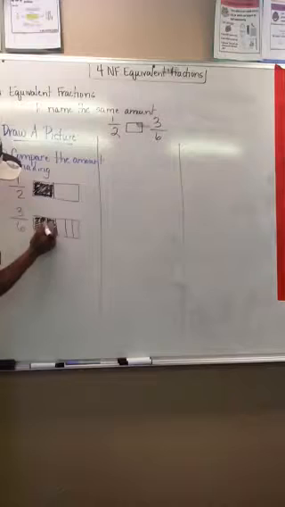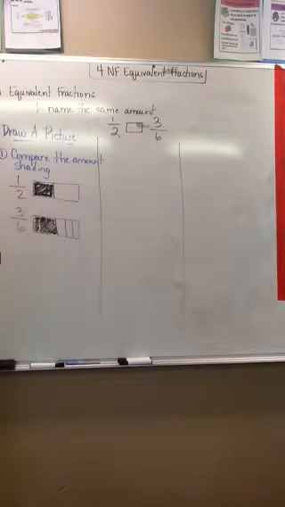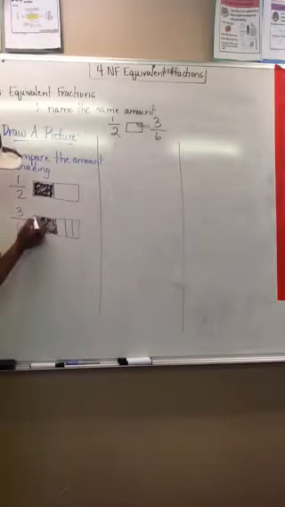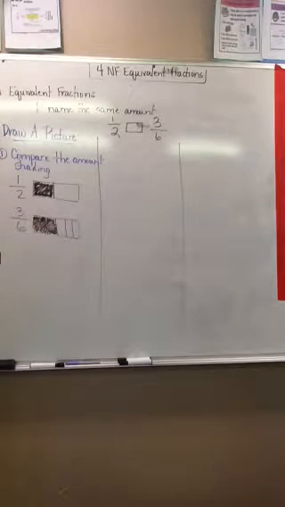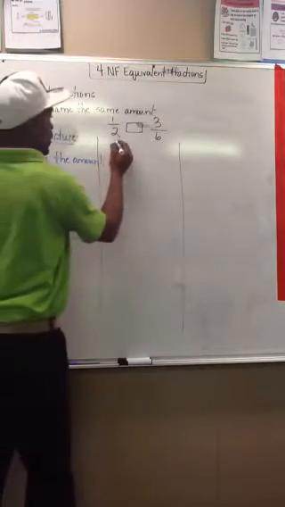When I look at the amount of shading, even though my drawings aren't perfect, can you see whether one of them has more shading than the other, or if they're equal? You guessed it right. Even though Mr. Gray's shading is off, 1/2 is equal to 3/6. Well, for those of you who aren't great artists like Mr. Gray, you can